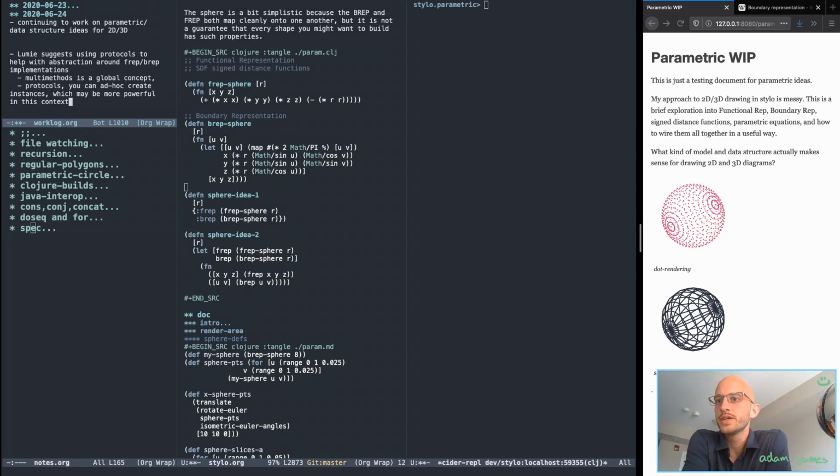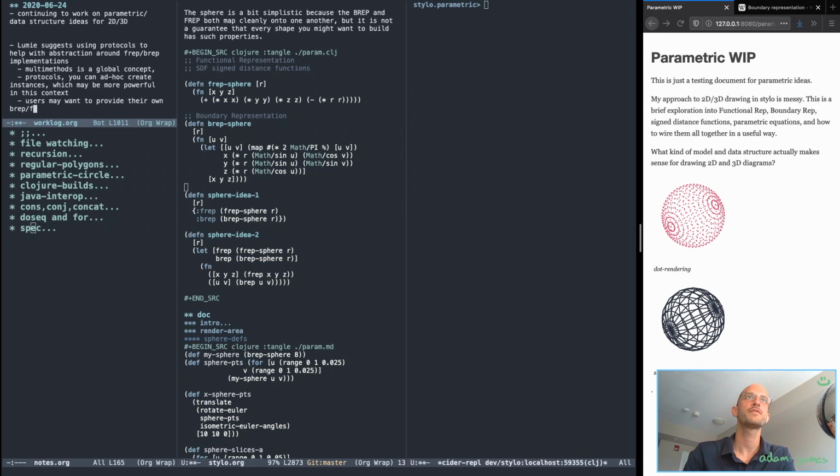Right, by design you would want users to be able to provide an frep and a brep inline potentially. Right, that's actually a very good point. Thanks. Users may want to provide their own brep, frep inline, which